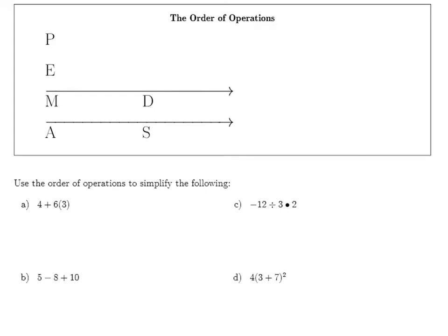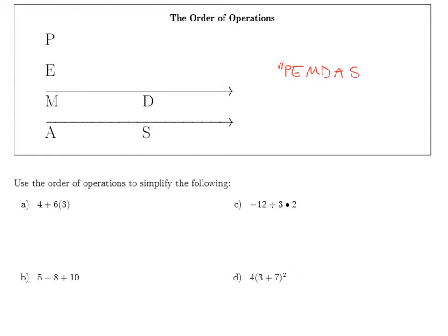The order of operations is a convention for determining the value of a numerical expression. The purpose of this convention is to ensure that every person and machine reads and computes an expression in exactly the same way and obtains the same answer. Sometimes we write this as PEMDAS, as an acronym,